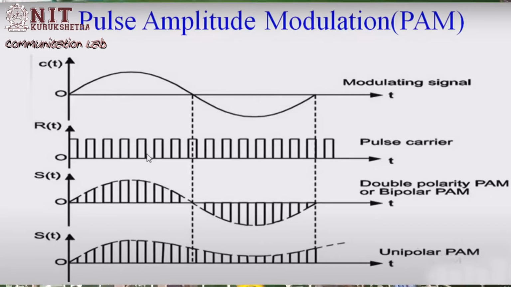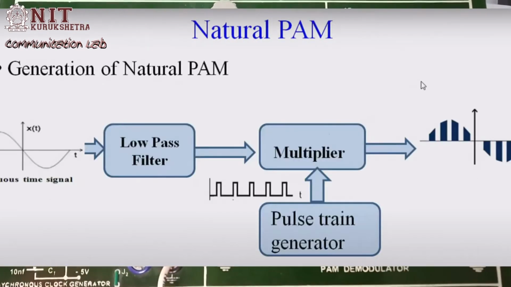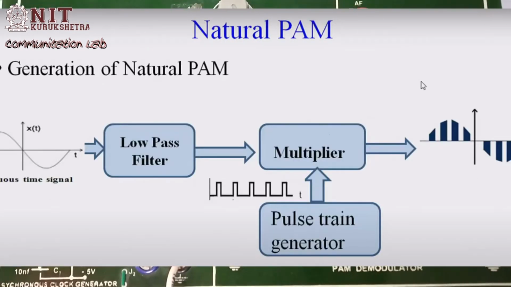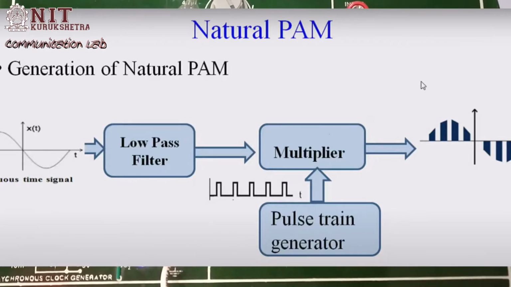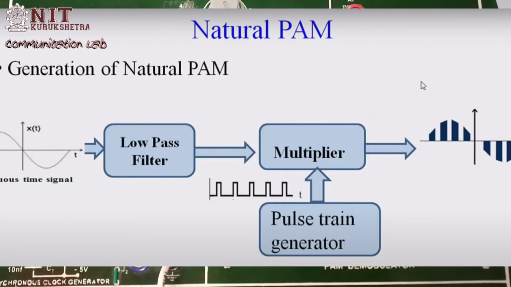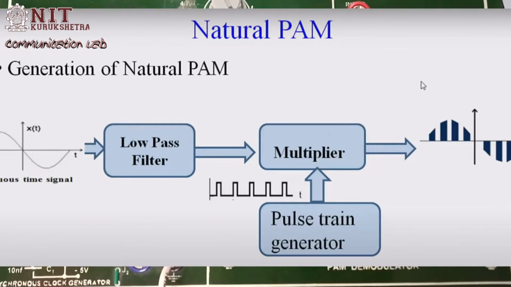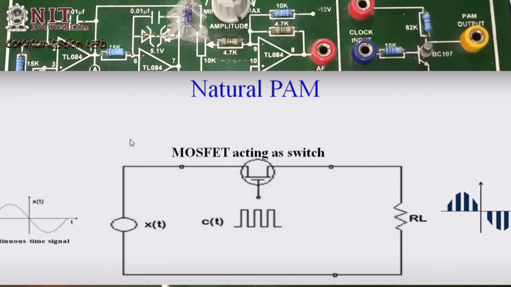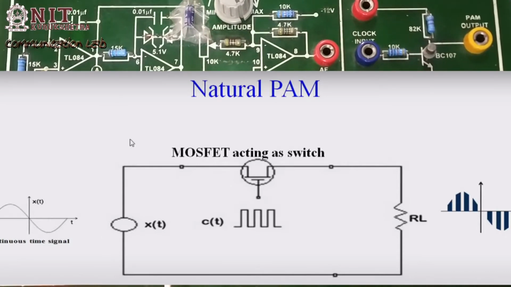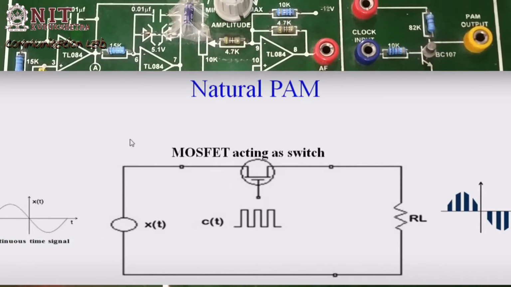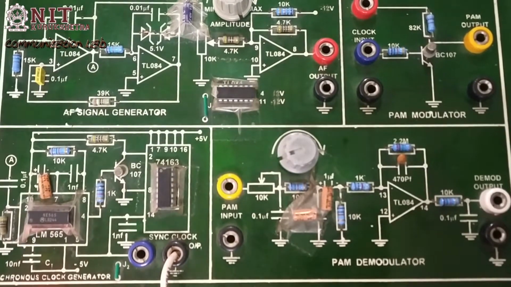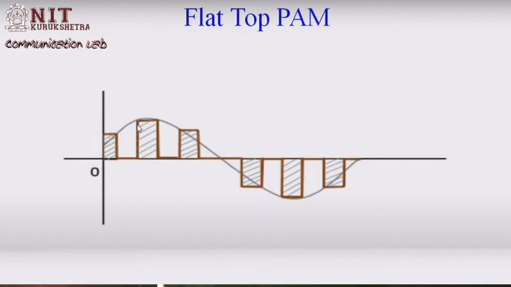Pulse amplitude modulation is a pulse analog modulation scheme in which the amplitude of a pulse train of carrier pulses is varied according to the amplitude variation of the message signal. In pulse analog modulation, pulse by pulse transmission occurs, each pulse corresponding to the baseband signal. A PAM signal can be generated using either natural sampling or flat-top sampling. So this is about PAM.